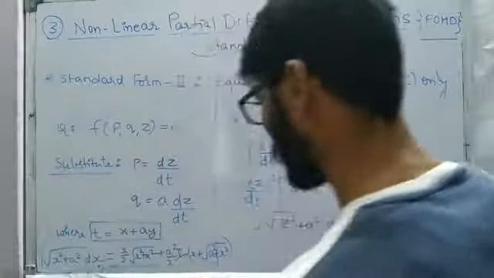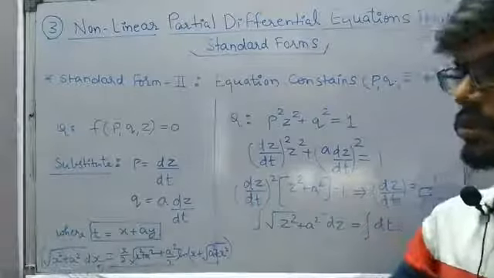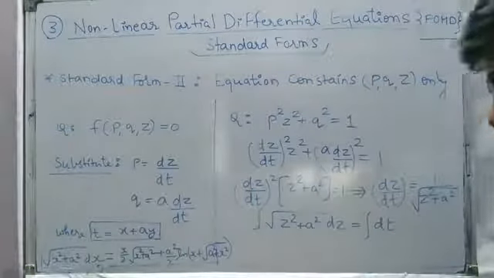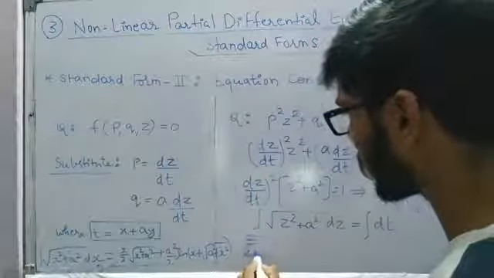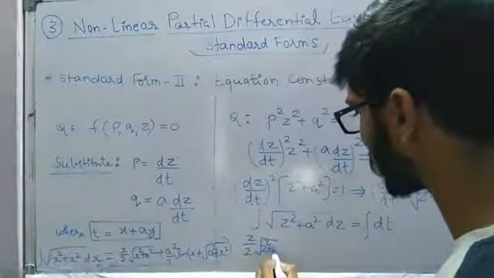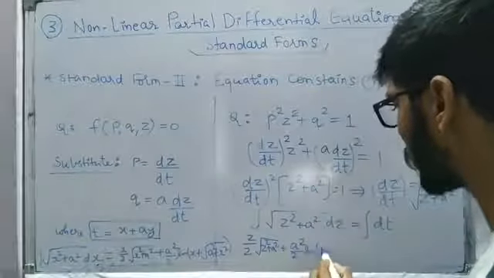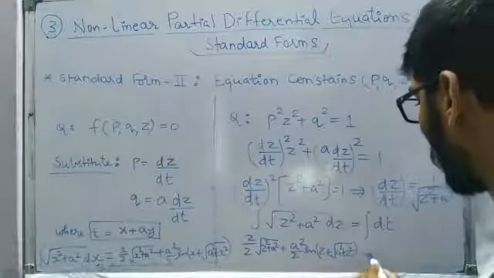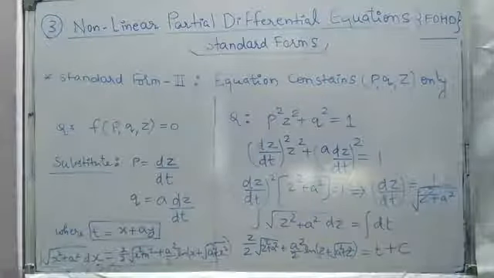So this is quite complicated, and all the time we are not going to get such complicated integration, but as we are getting here, let us write this. So the integral of under root z square plus a square, we are going to write as z by 2 under root z square plus a square plus a square by 2 ln z plus under root a square plus z square, and on the right hand side the integration of dt will be t and the integration constant c will come.